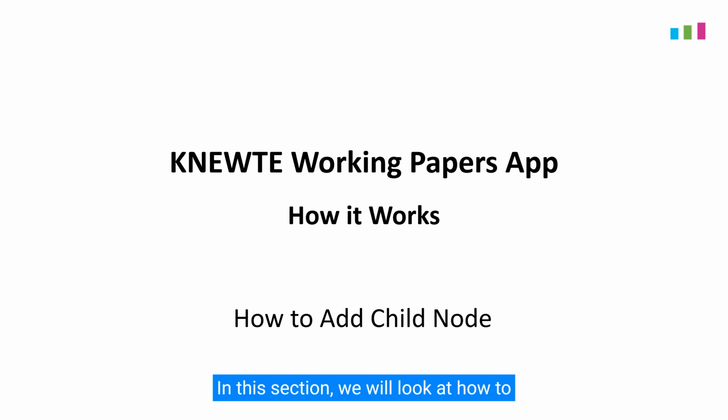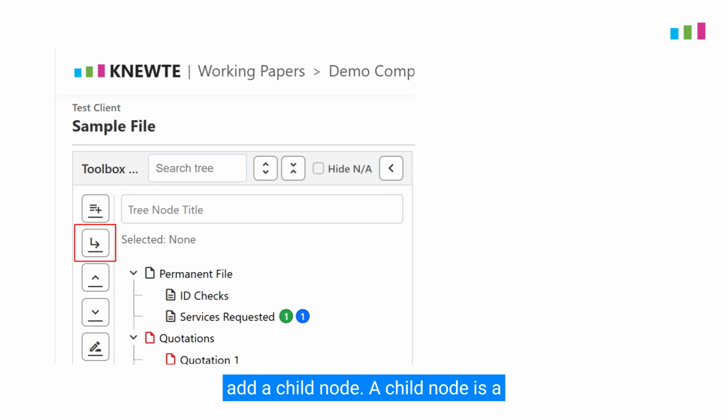In this section, we will look at how to add a child node. A child node is a section that sits underneath a parent node. It is used to break a main section into smaller, more specific areas. For example, under a parent section for customer records, you may add child nodes for agreements, emails, identity checks, approvals,